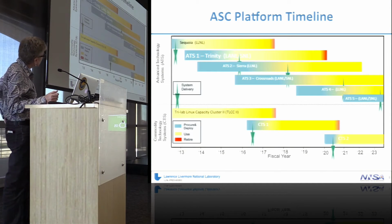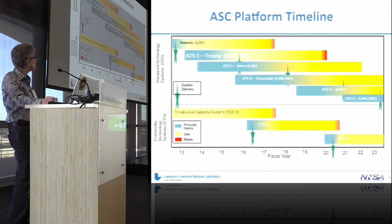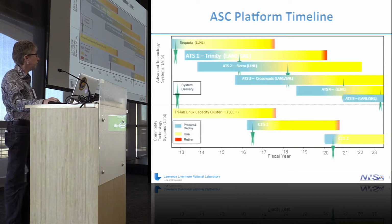Here's the current ASC Platform Timeline. On the ATS side, the platforms are sited at Livermore and Los Alamos in an alternating fashion. Regardless of location, these systems are used heavily by all 3 laboratories. Sequoia is LLNL's current production supercomputer, a Blue Gene Q system from IBM. As you can see, Sequoia has been in production for several years now and is headed towards the tail end